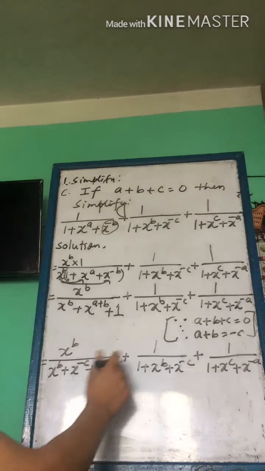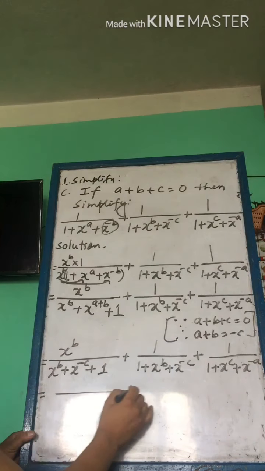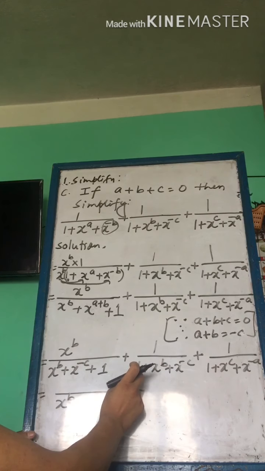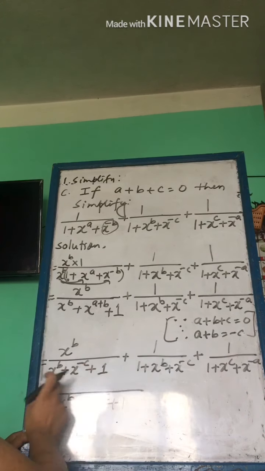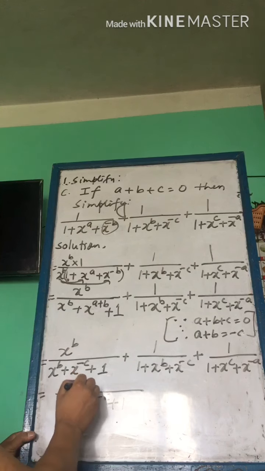Okay, now let's add this. If they are like fractions, it will be quite easy for you to add. That will be x to the power b plus x to the power minus c plus 1. This is same, no? They are written in zigzag way, but the result will be same. Don't get confused. x to the power b is there, plus x to the power c is there, plus 1 is there. Now what will be the addition of these two? I am adding these two only: x to the power b plus 1